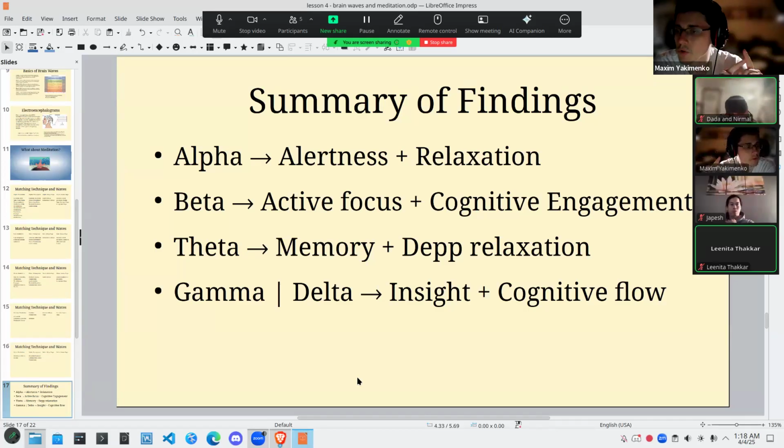But a few things worth noting. When you, for instance, start to relax and you start to feel more calm, your alpha activity goes down and your beta activity goes up. But what that also means is that you gain more control over a subconscious part of your mind, which works